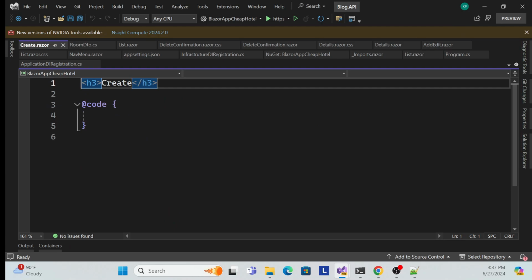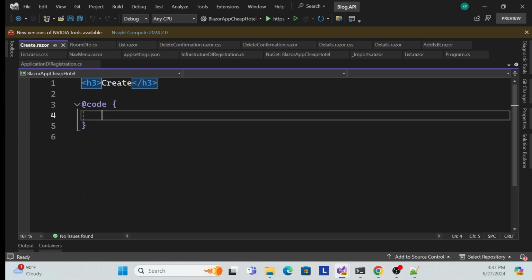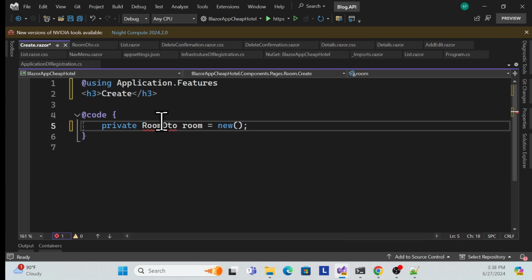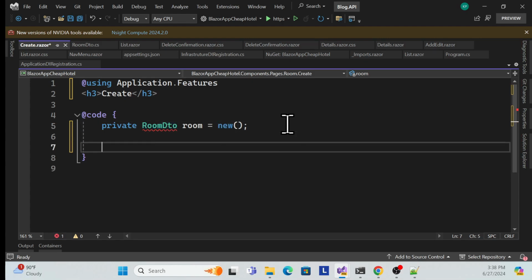And in this create, what I will do, simply again, the same things we have to do, right? So we require that room DTO because we are trying to create a new room, so we require a room DTO, and also bring back that feature of room DTO, right? And once you get it over here, room DTO, then we also have to bind